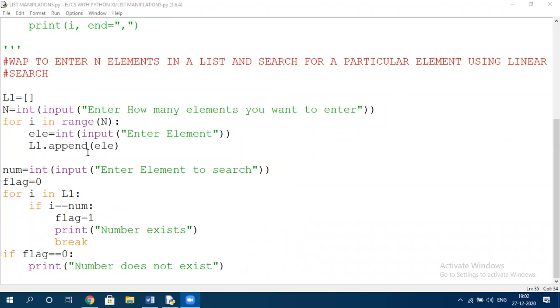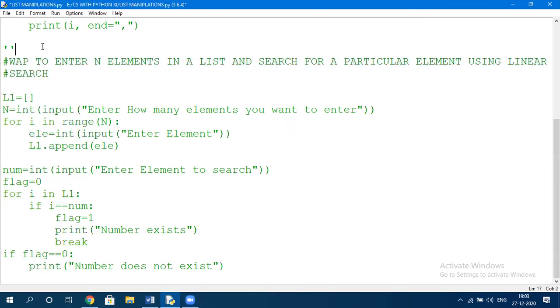There might be some more questions based on this linear search, where you need to specify the indexing, or you need to specify the occurrences of a particular number in the list. This question may be there, right? So I'll just show you how exactly we can do those types of questions as well. The question says that